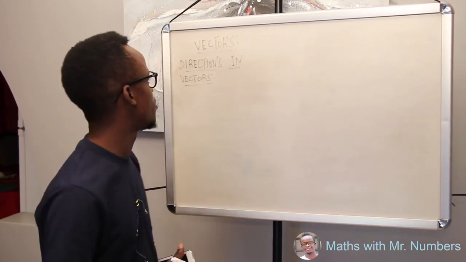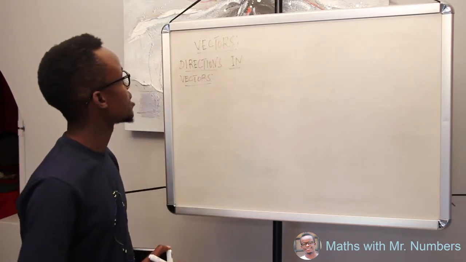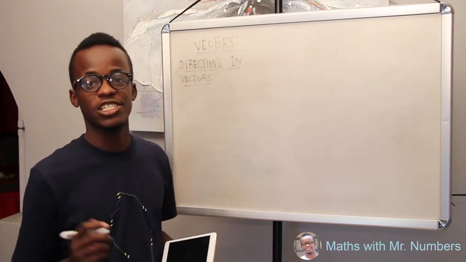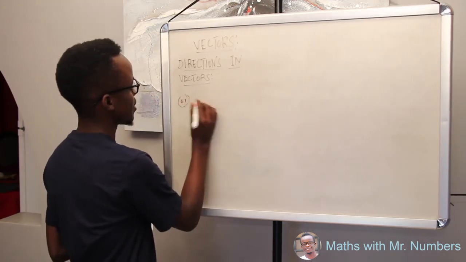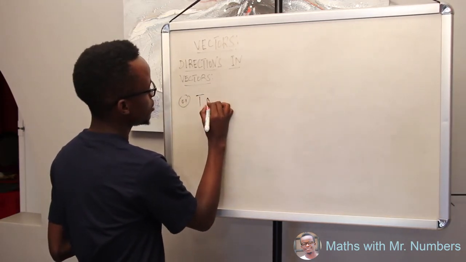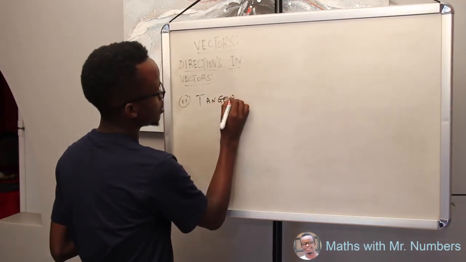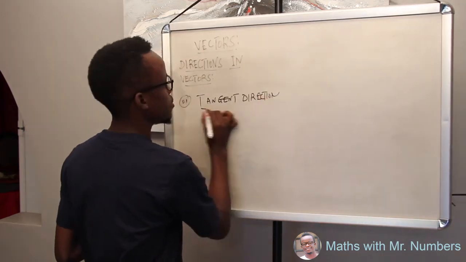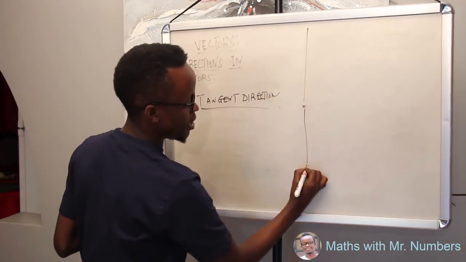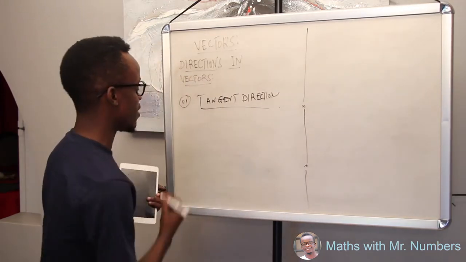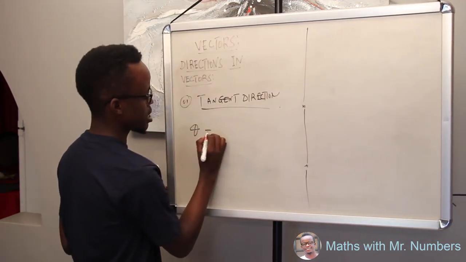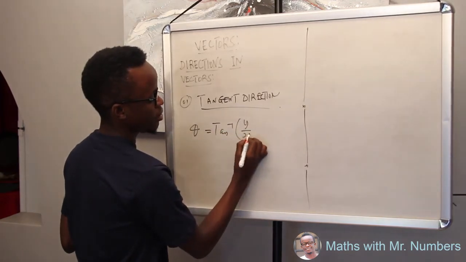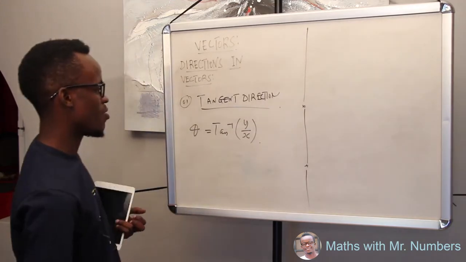Hi, I'm Mr. Number, and we are going to discuss direction vectors. We are going to discuss how to find the tangent direction. Number 1, tangent direction in vectors. In vectors, the tangent direction is given as theta equals tan inverse of y divided by x. How? From a diagram,